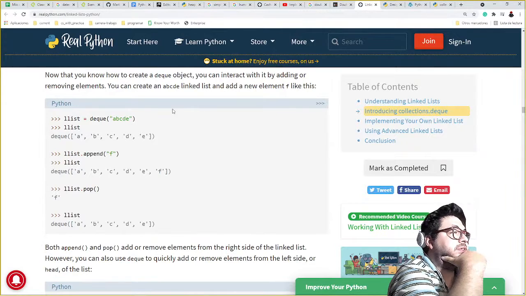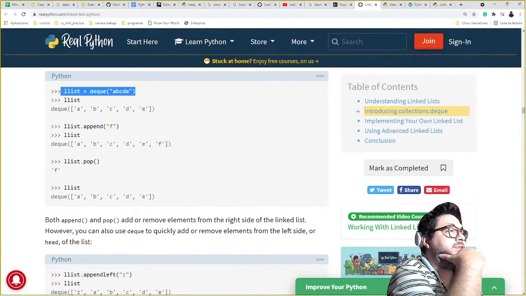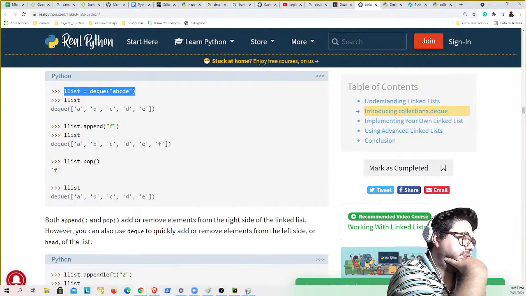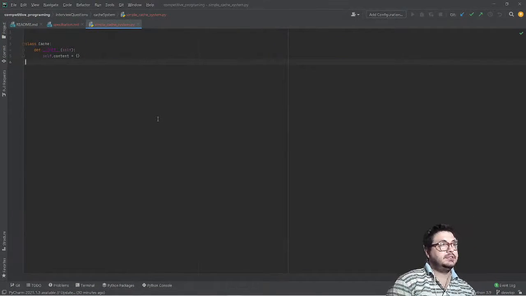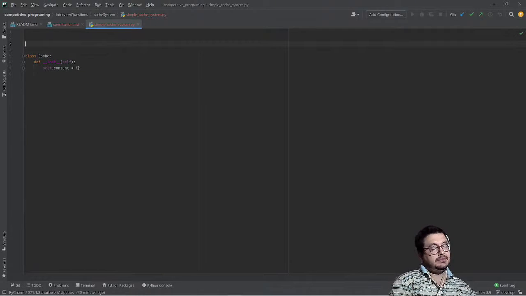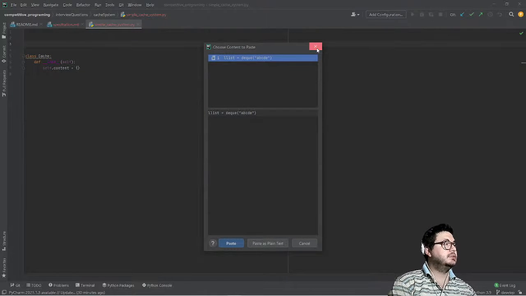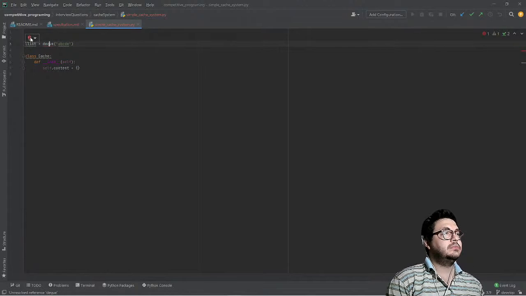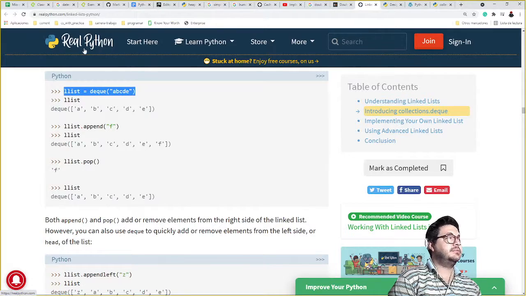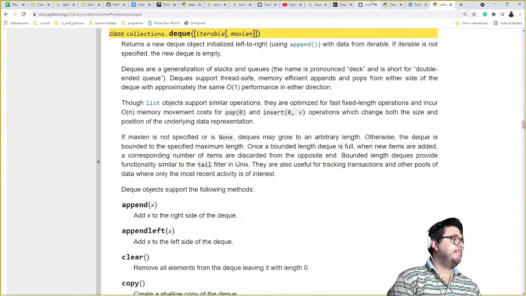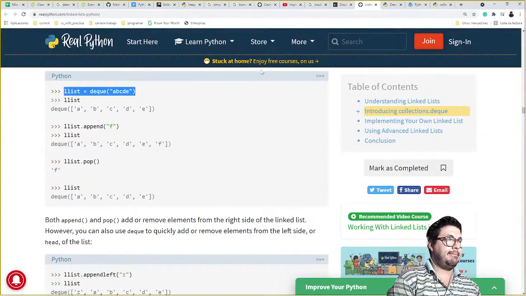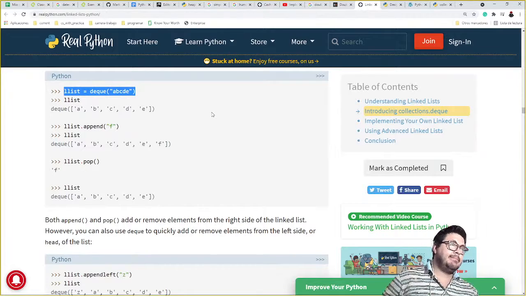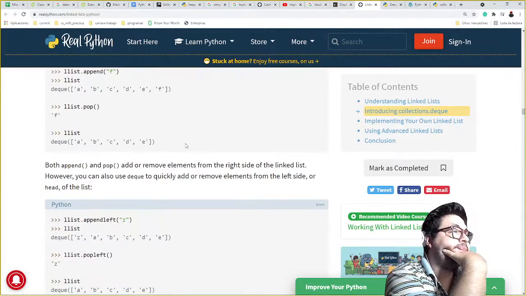You can interact and remove elements. It's a doubly linked list, collections.deque. So append at the end, like pop.